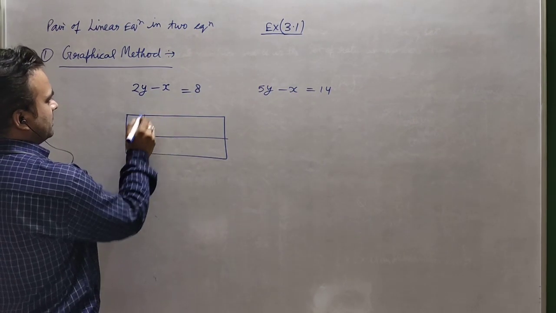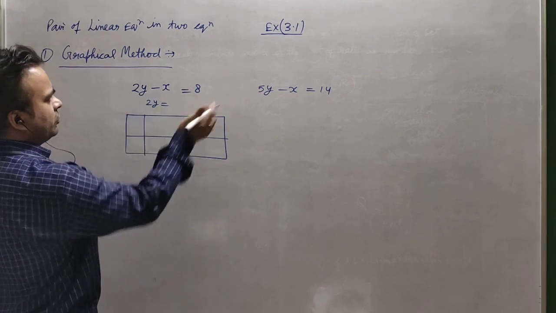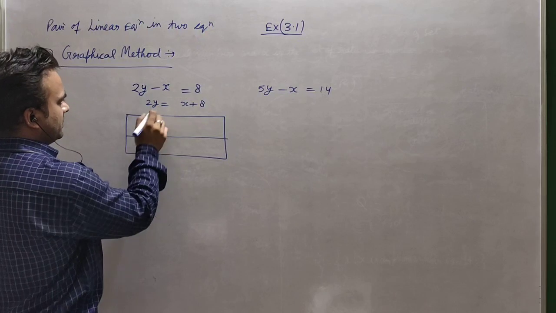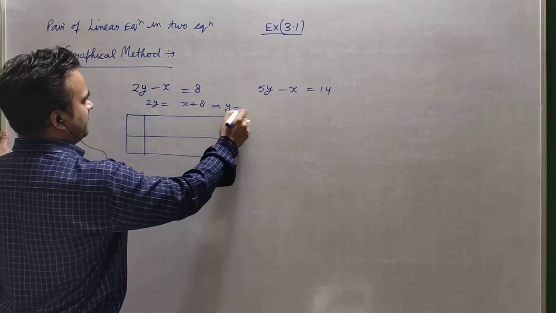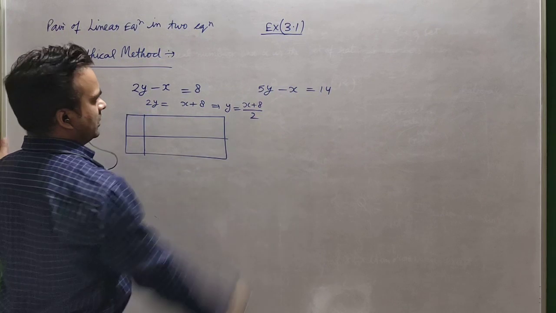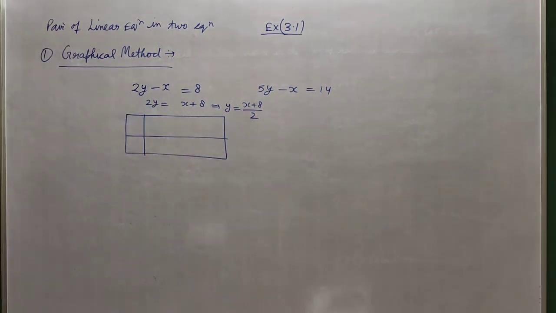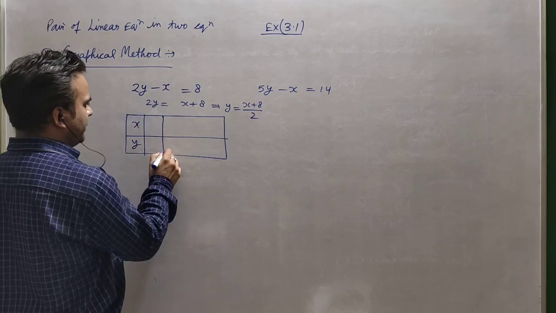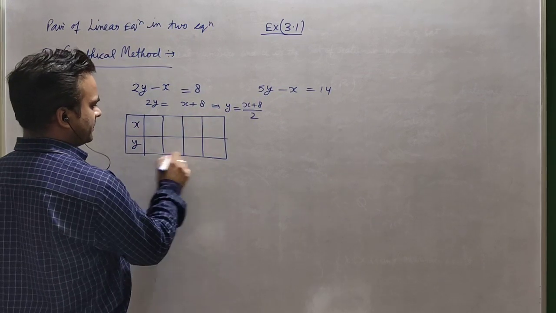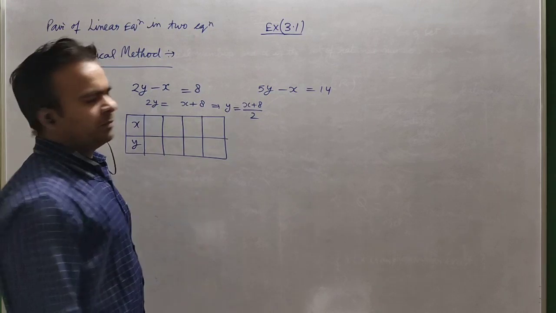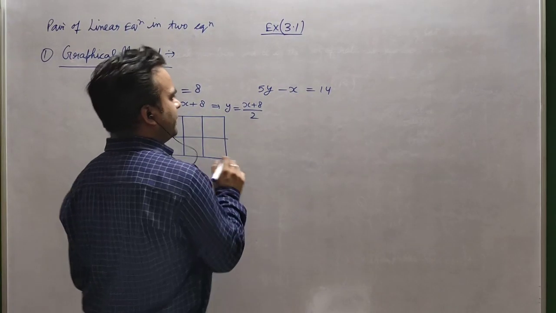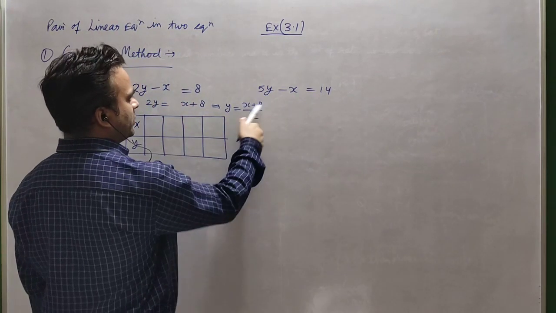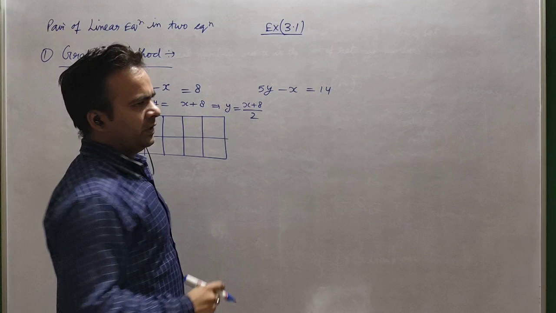Suppose you can see here, can we shift one variable to the other side? So it will be explicit, and y will be equal to x plus 8 upon 2, right? So here I am writing x and y. One variable you can choose from your side, you can take any value, but try to take those values of x. Suppose I am taking 1 here. If x is 1, then it will be 9, and 9 upon 2 is 4.5.